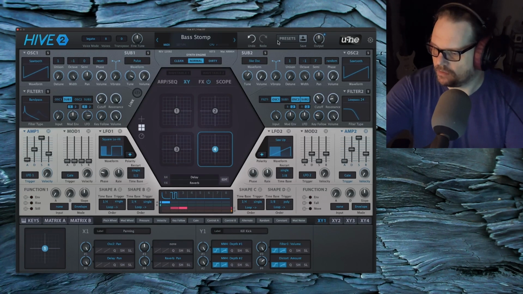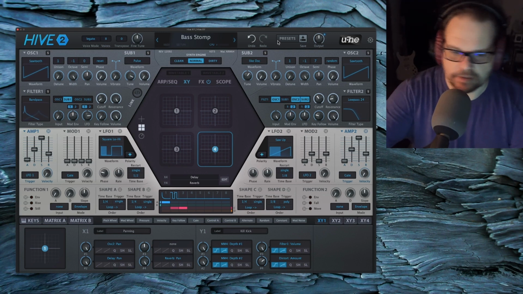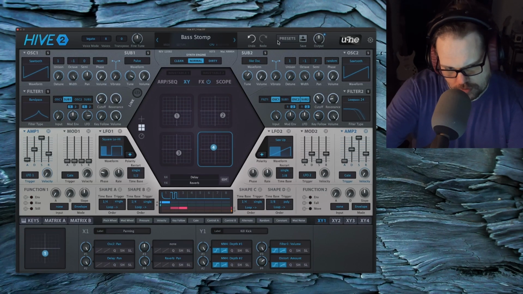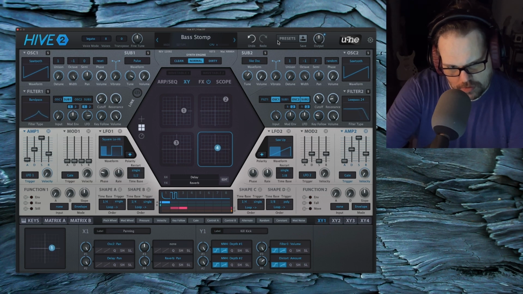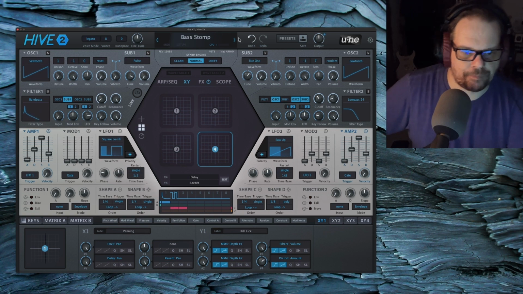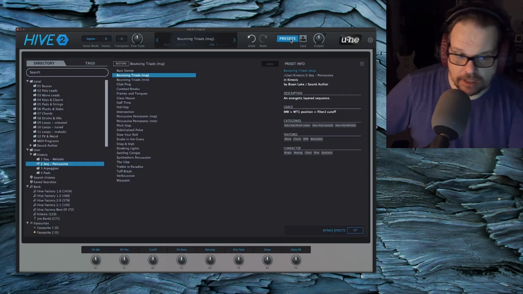Mod wheel. Here we go with XY controls. Go back and forth to make sure, because some of these are poly, this is not.